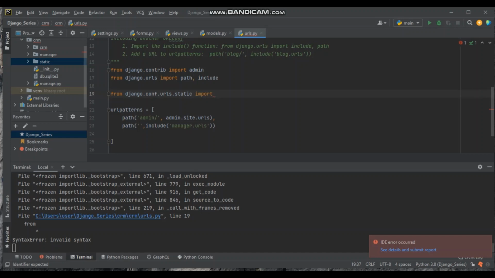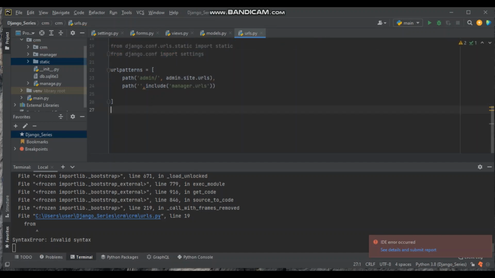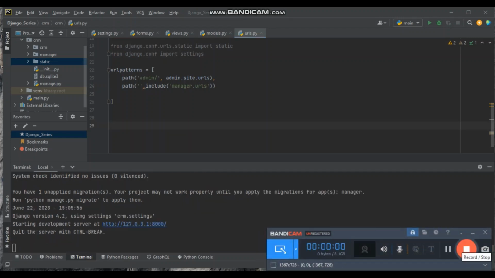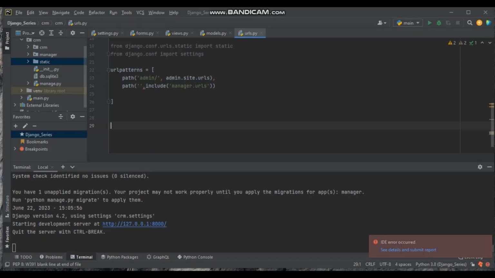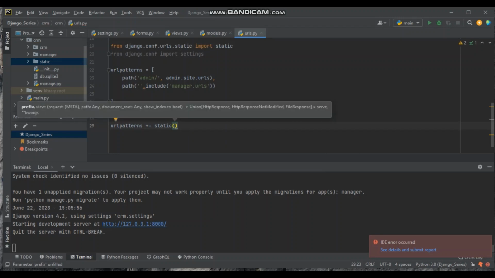So static, you have to import this function or module, and then we're gonna say from django.conf import settings, right? And then we'll have to go down there and extend our URLs. So we're gonna say URL patterns. We're gonna extend them, and then we're gonna use static, and then we're gonna say settings dot media URL. So I'm gonna put the URL there, the media URL, comma, and then we're gonna say document